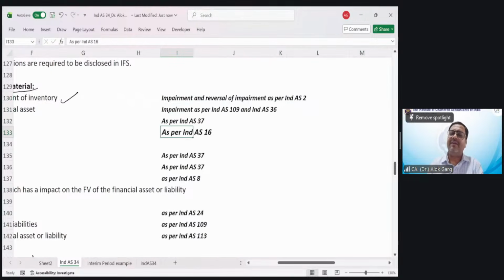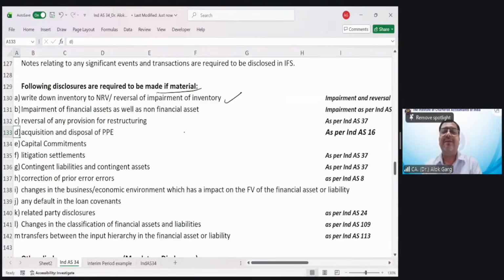I have also written the name of the standard. Why have I written the name of the standard in every item? Because my dear friends, Ind AS 34 is a disclosure-related standard of interim financial statement. Be it interim financial statement or financial statement, it covers all the items. For example, it covers PP&E, financial instruments, intangible assets. But have you covered the standards on PPE, intangibles, financial instruments? Not yet. It will be covered later on. Revenue, leases, it will be covered later on. That is why I have put down the name and number of the standard.